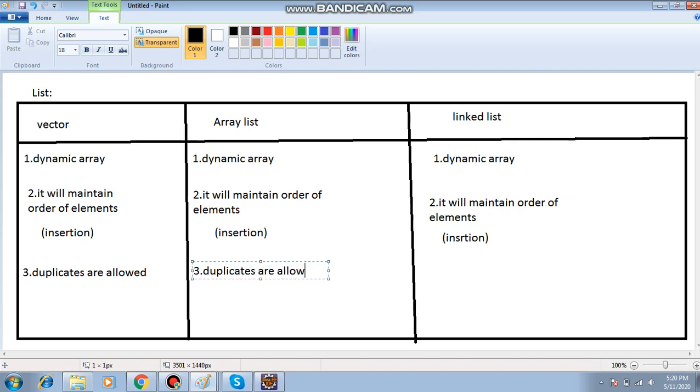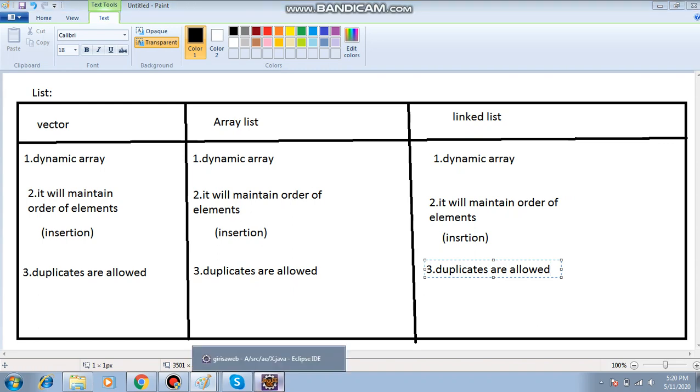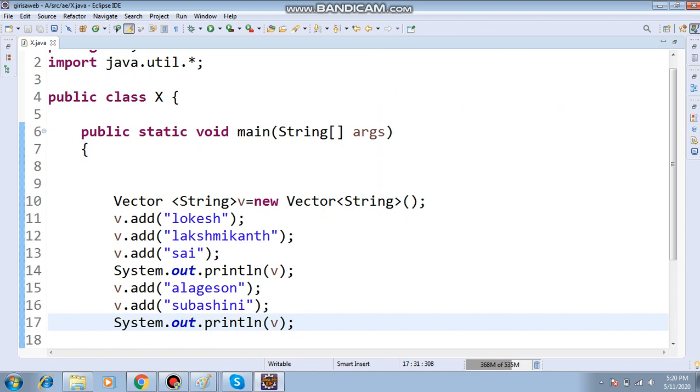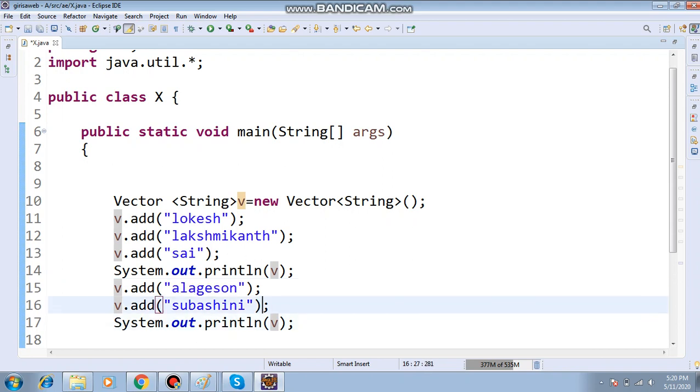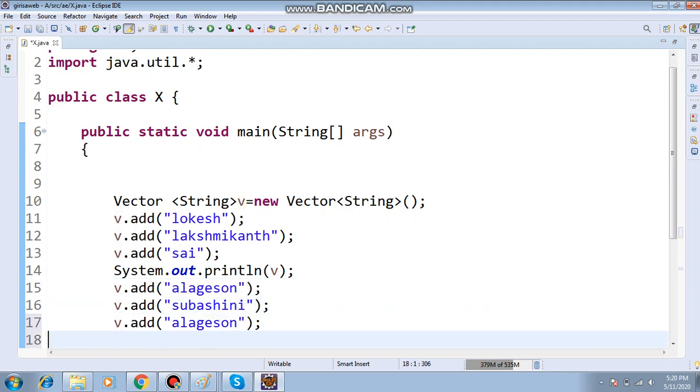Duplicates means, one time you add the element, and if you add the same element again and again, that is called a duplicate. Now here I am adding the duplicates. These two names, again repeatedly I am adding.